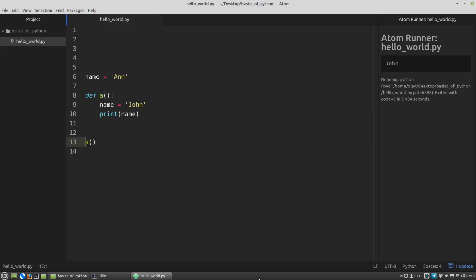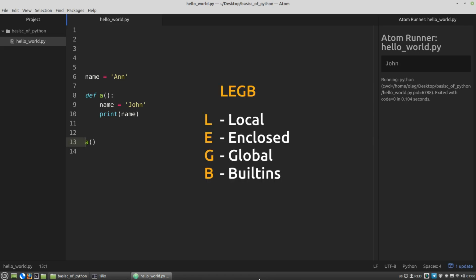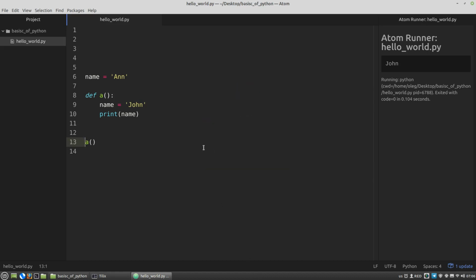To determine the search order of names of variables, for example, there is a rule with the abbreviation LEGB, local, enclosed, global, built-ins. Local, it's a local namespace, a local level. Enclosed, what is it? The nesting of blocks of code can be quite deep. Here we have only 2 blocks, the local and immediately the global level. But if we have, let's say, 3 levels of code blocks, roughly speaking 3 levels of indentation, but it's not quite right,